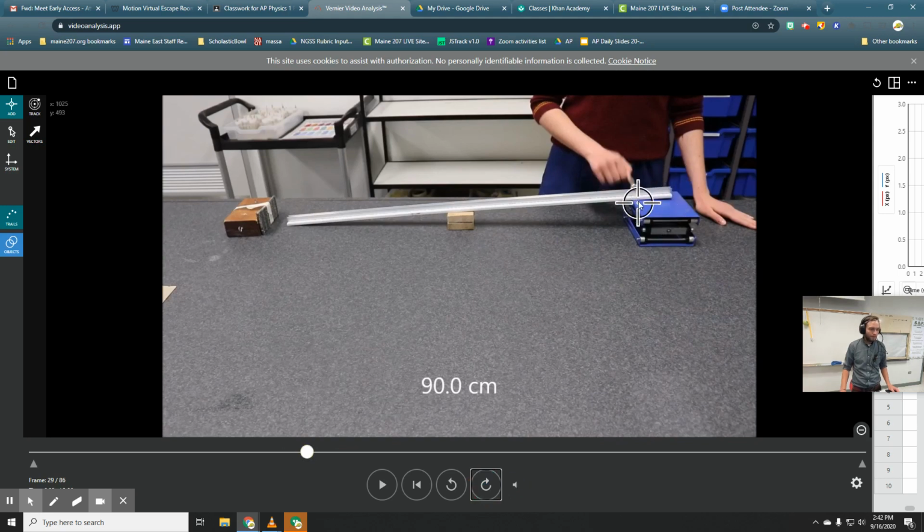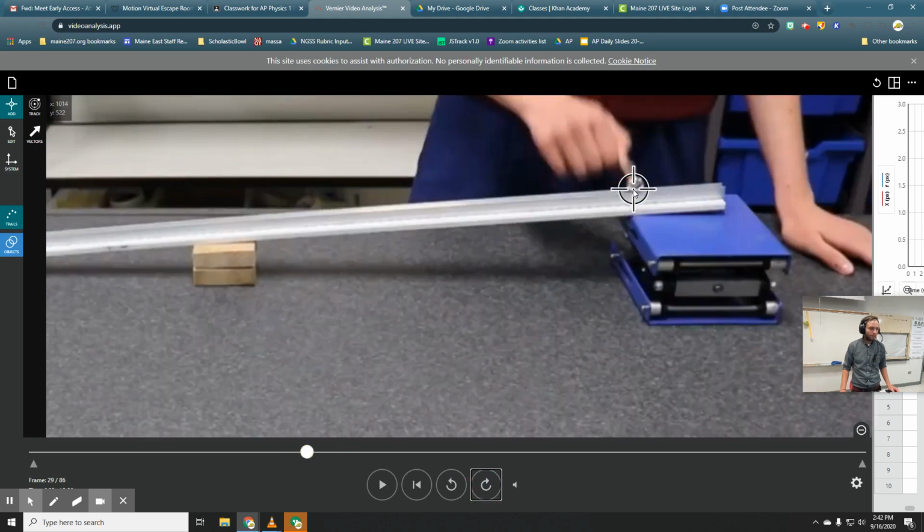So what I'm going to do is try to zoom in on my video. And if you have a mouse wheel, you can use the mouse wheel. Or if on a Chromebook, you could probably use 2 fingers and scroll up on the touchpad and down to zoom out. If I click somewhere near the front here,